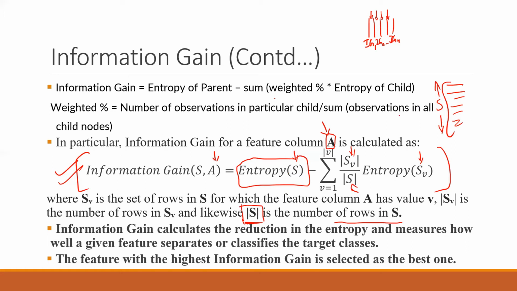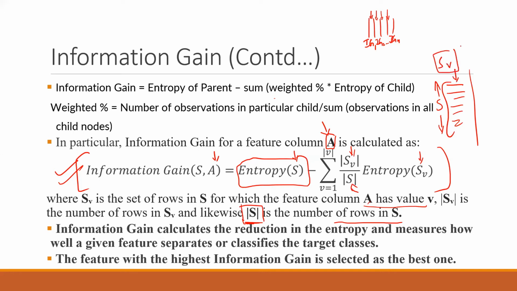And for these S number of rows, you will be calculating the entropy. This will be the parent, and then minus the summation. SV means the set of rows in S for which the column A has a value of V. To make it simplified, I would say it is being said that in this particular column, SV